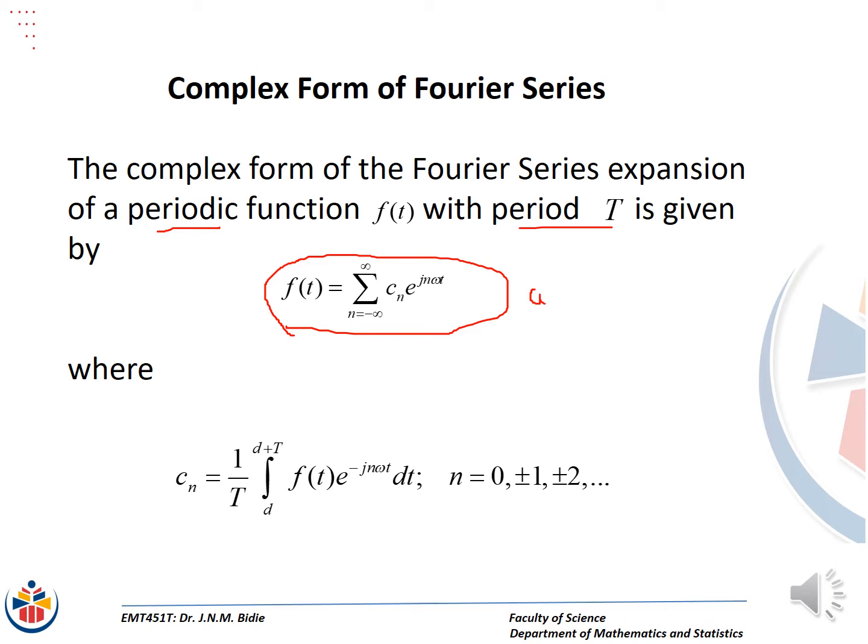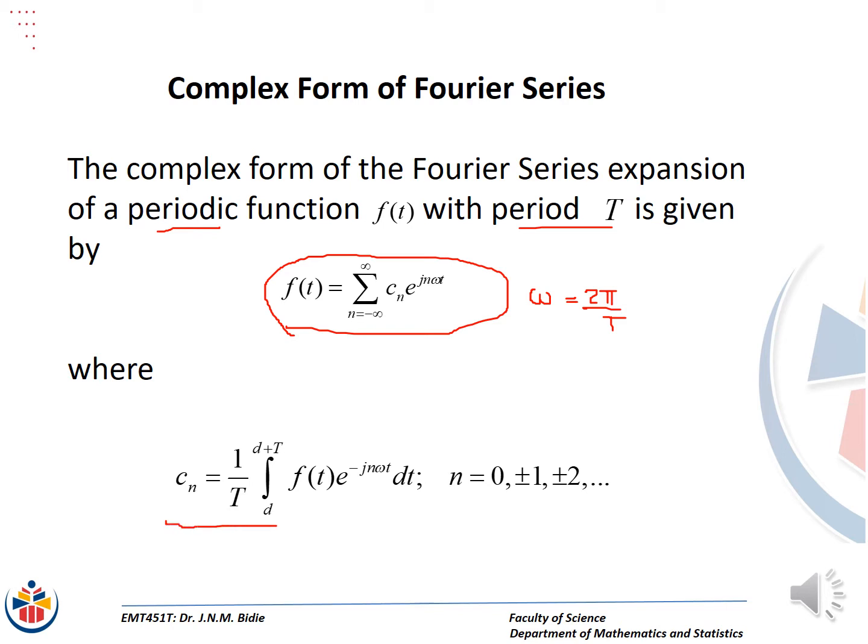Now we need to recall that omega is equal to 2πf, which is in our case 2π divided by T. Remember, the frequency is equal to 1 over T, hence it is measured in per second. Therefore, omega has to be calculated for the complex form of the Fourier series, and Cn's can be found by